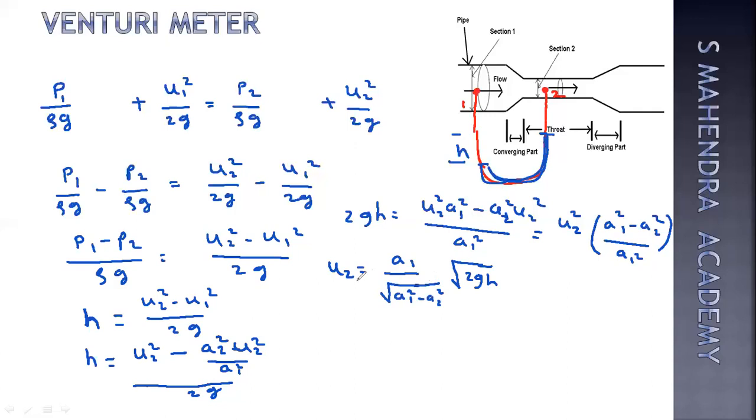So this quantity will indicate the velocity of the flowing fluid in the throat, and for calculation of the flow rate,